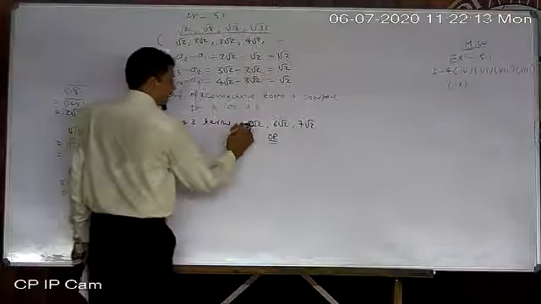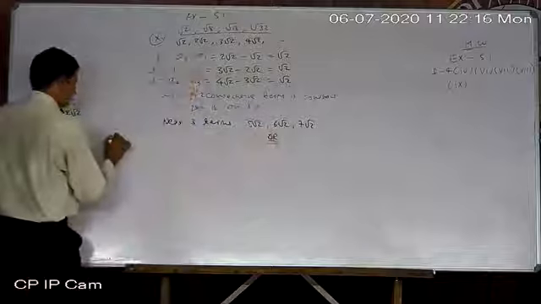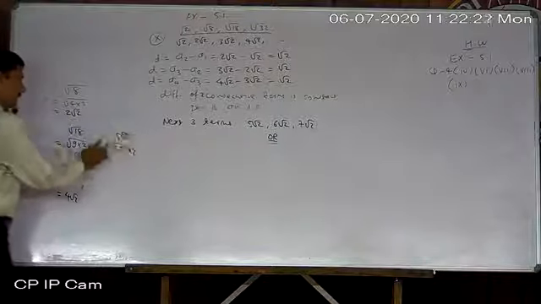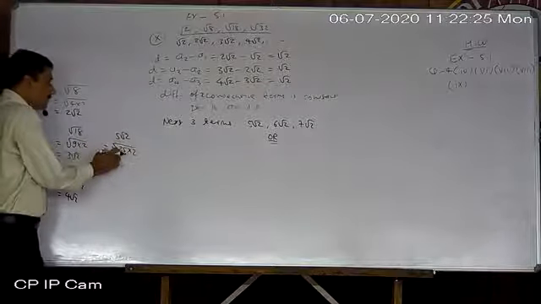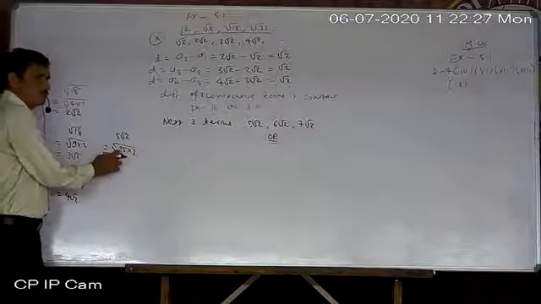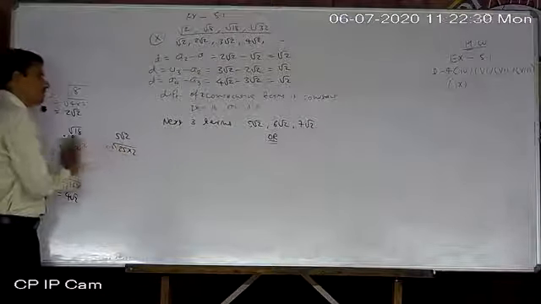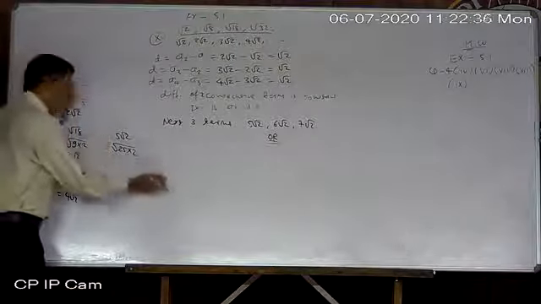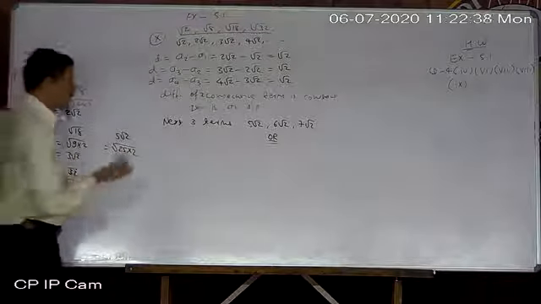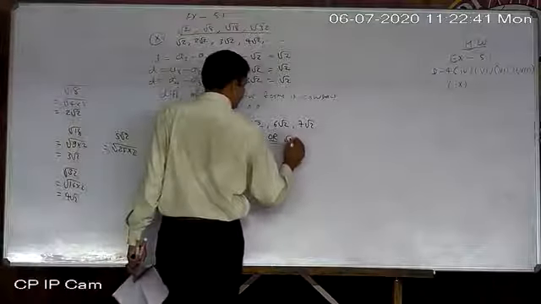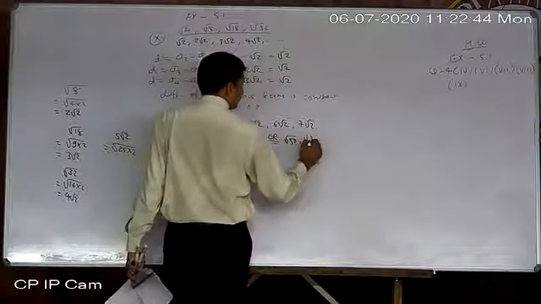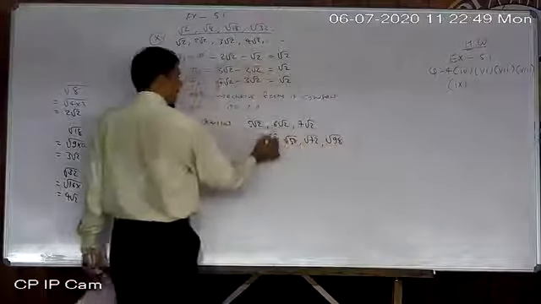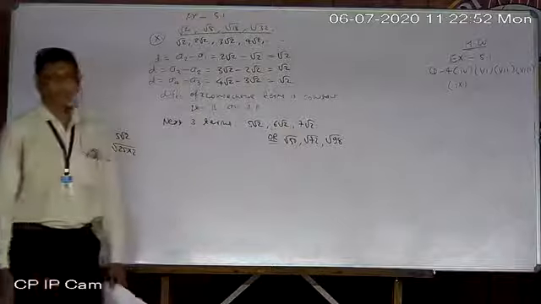Now write 5 inside the root sign, so it will be root 25 times 2. Why? Because 5 goes under the square root sign, so it becomes 25. It is just the opposite process of this one: 4 comes outside, so it becomes 2; now 5 comes inside, so it becomes 25. So it will be root 50, root 72 from 36 times 2, and root 98 from 49 times 2. Anyway, either this or this, both will be the answer.